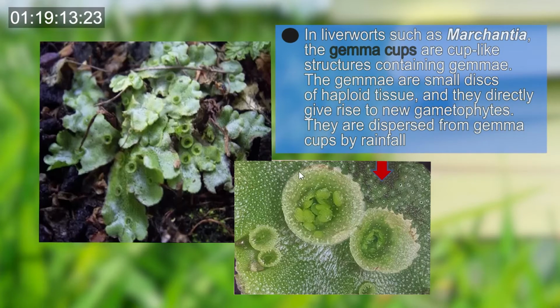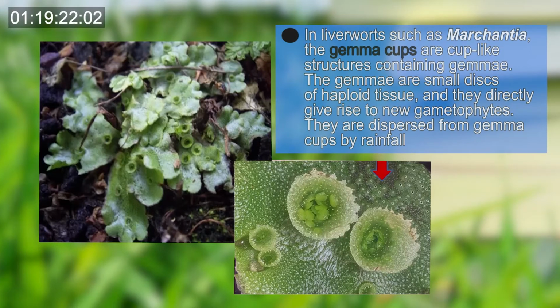Like here we can see in these diagrams that the gemma are usually enclosed by these cup-shaped structures, and they are dispersed from the gemma cups during rainfall, and like the other modes of vegetative reproduction, when they receive adequate water, moisture and correct weather conditions, they again germinate into a new Marchantia